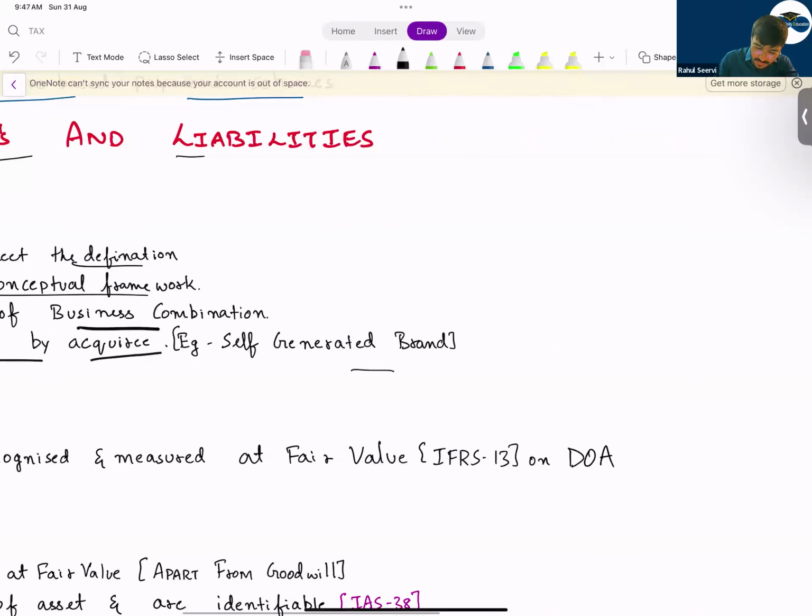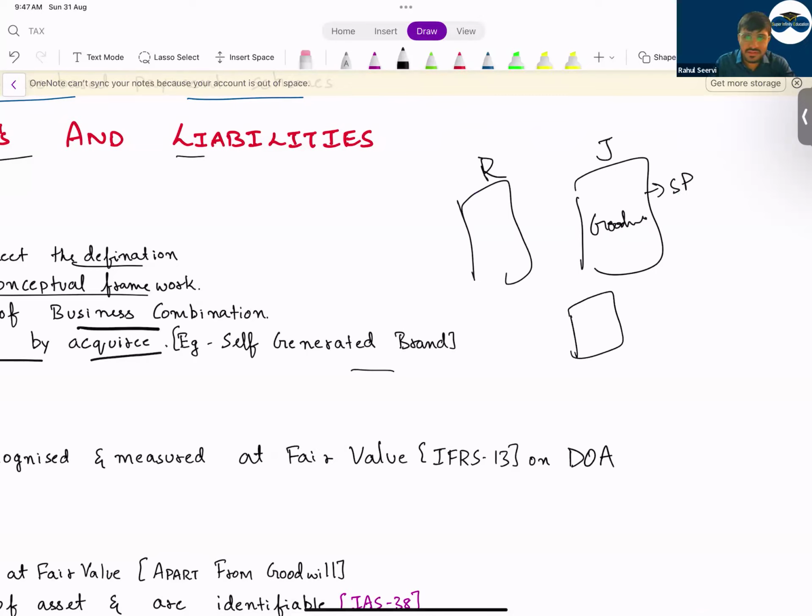Now if I say a subsidiary company, this subsidiary company has a goodwill in its separate financial statement. This is Geo company, this is Reliance company, and Reliance company is saying that we'll prepare consolidated financial statements. If Geo company has not recorded any intangible asset, we have to record it, because Geo company will say that they were not able to measure the cost. Now when I acquire, I know the cost, so I'll record it.